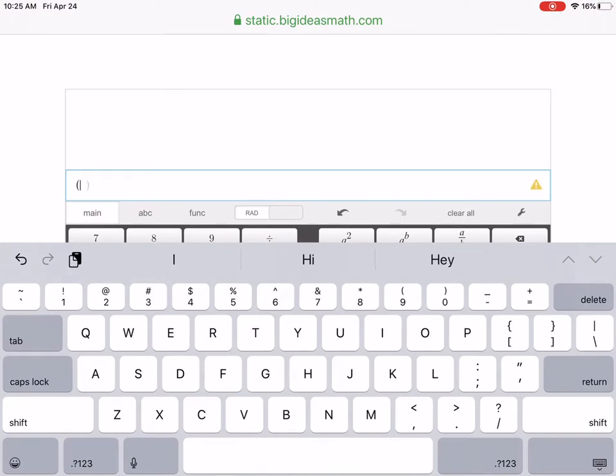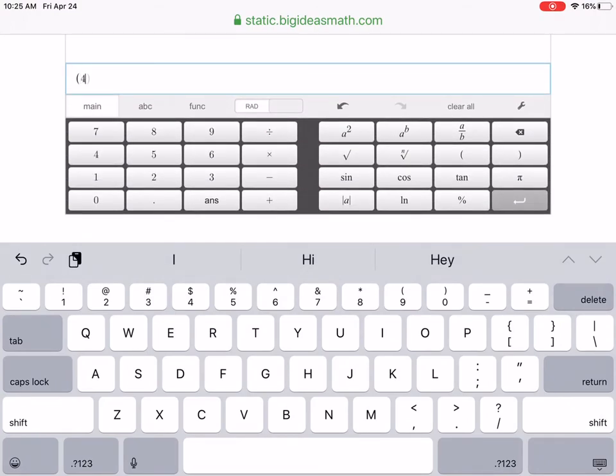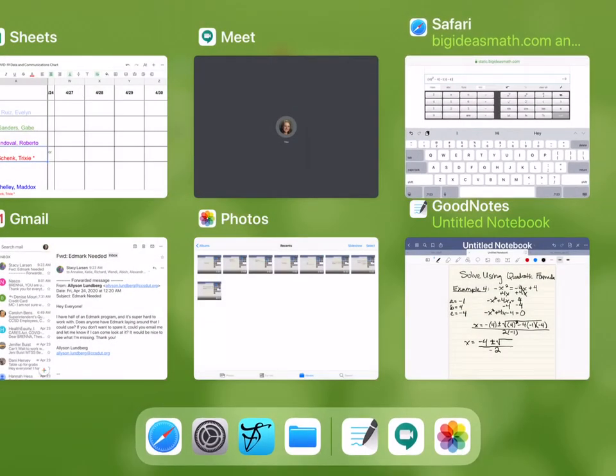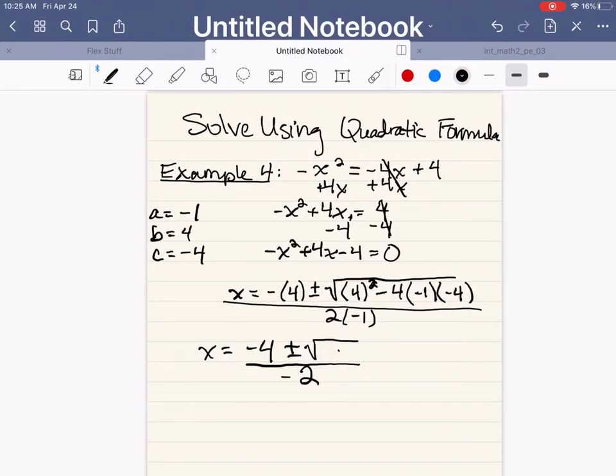Okay, parenthesis 4, close parenthesis squared, minus 4, parenthesis a, which is negative 1. Negative 1, close parenthesis, times c, which is negative 4, close parenthesis, and, interesting, we got 0. So, if the number under the radical, the discriminant, is 0, we are only going to have one answer,